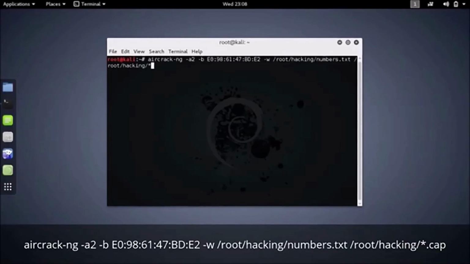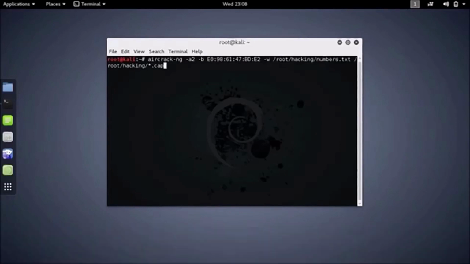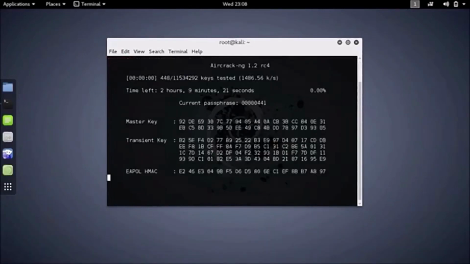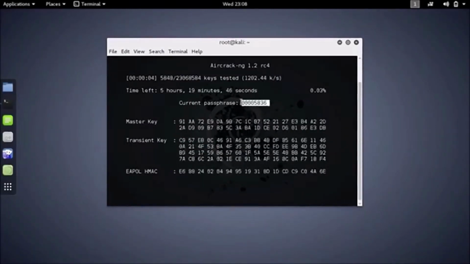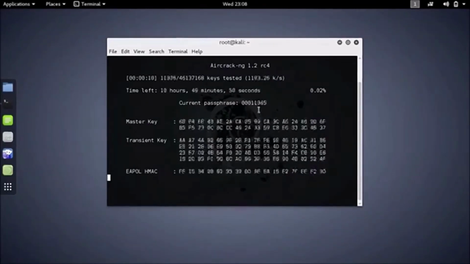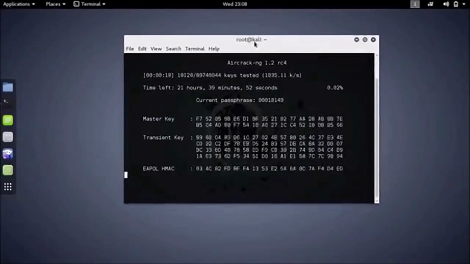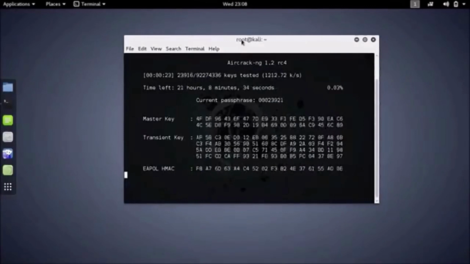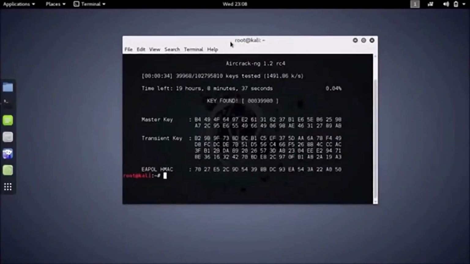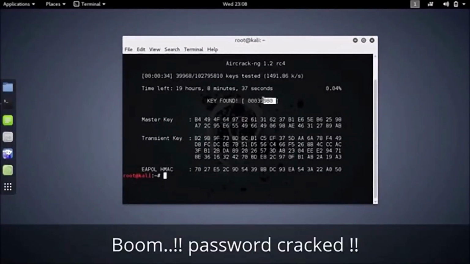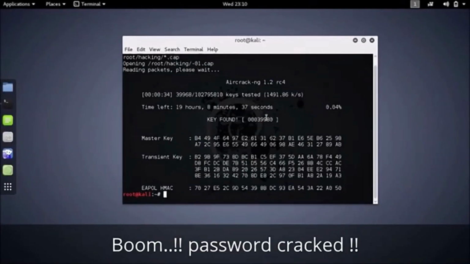Usually WPA and WPA2 networks have passwords of alphabets, numbers, special characters, uppercase, lowercase. So it's almost going to take years to crack the code. But if it's for numbers, you can crack it very easily. So there are many easy methods by which you can crack the codes. Like if the device supports WPS, I'll show that in my next video. This gives a brief idea of how the hacking procedure can be done. Real hacking is like you need to code everything on your own, write scripts, but that's too much for beginners. So you need to start somewhere, and I think this is a good example.